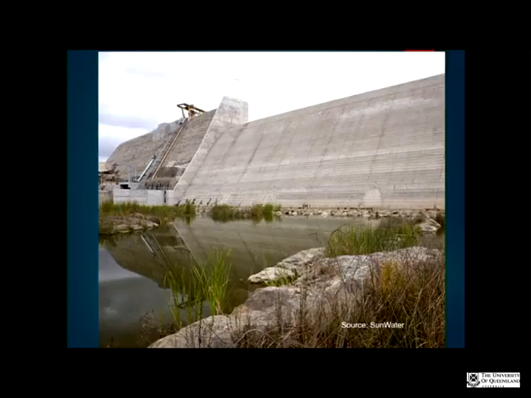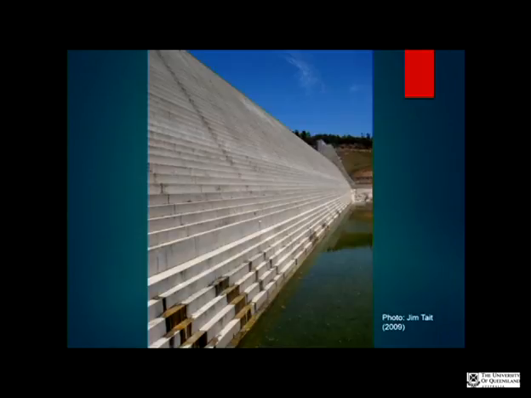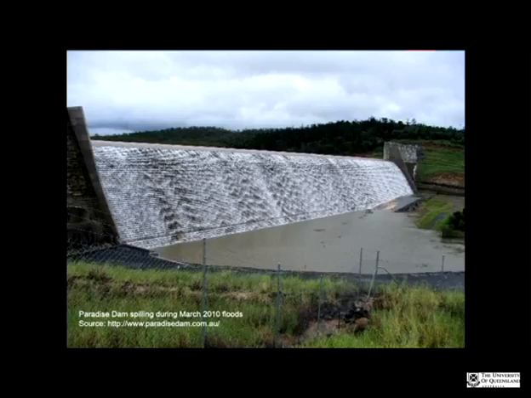So this is it from the outside. You can see even from here, it's in disrepair. It's not fully working. This is the spillway. So the water's going to come off the top of the dam when it overflows, so during heavy rain or when there's releases, the water comes over the top of the spillway and cascades down those steps. The cascading effect is meant to slow down the motion. It's a control measure. It was not in any way designed to assume that there would be fish coming down with the overflow. This is what happened during the March 2010 floods.